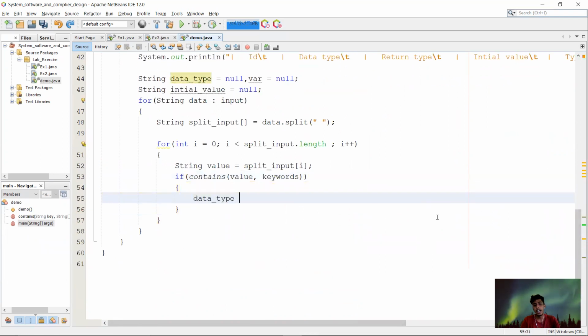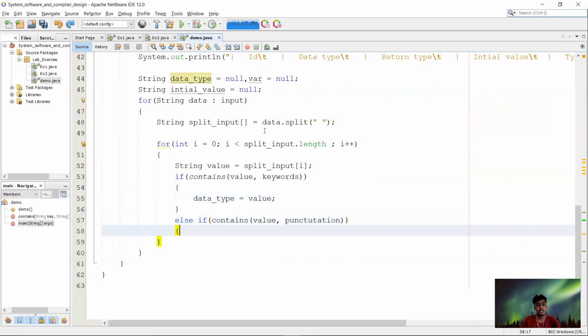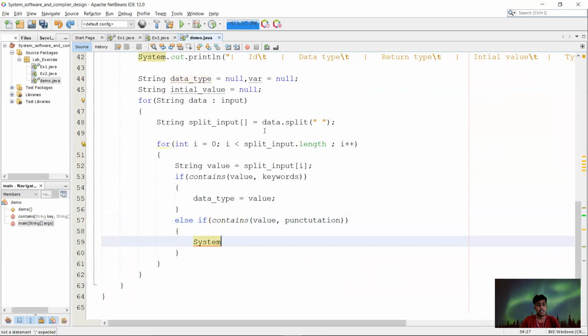If it is there, the value will be stored in the data type. Otherwise, if it is a punctuation, I am going to print that variable.